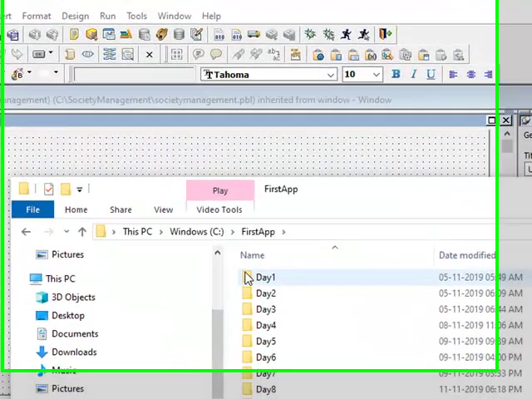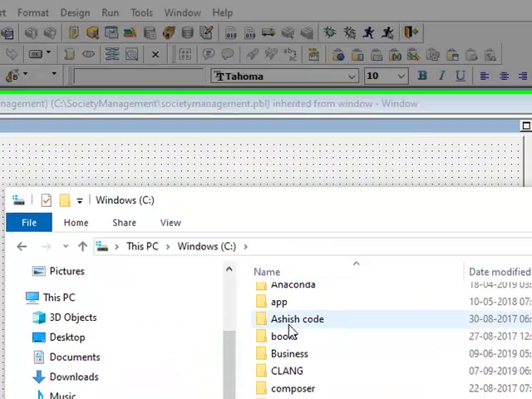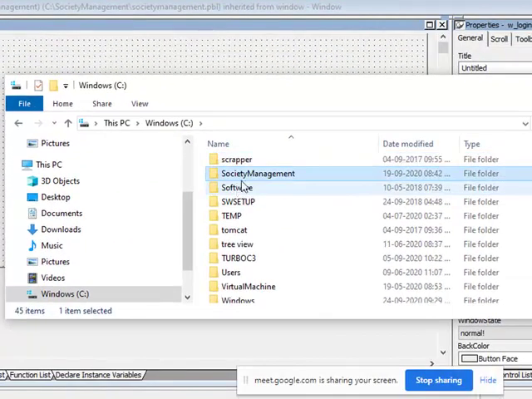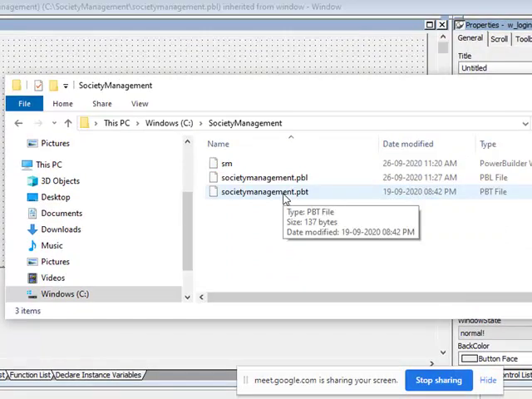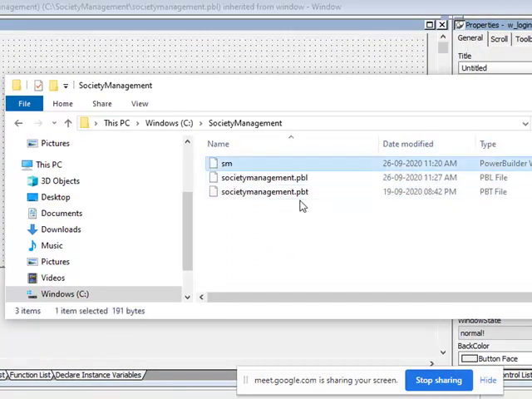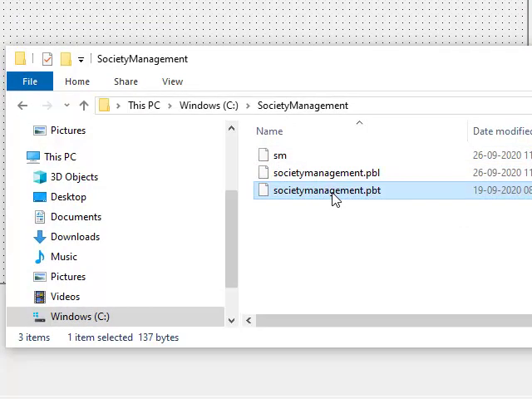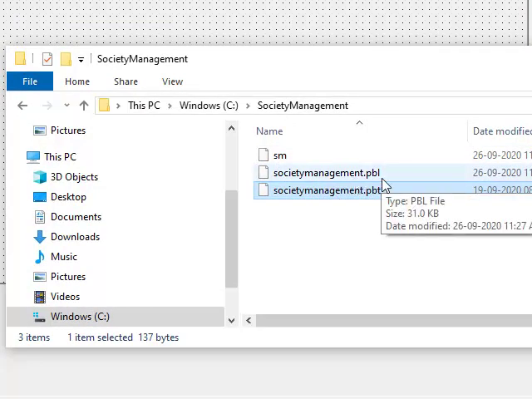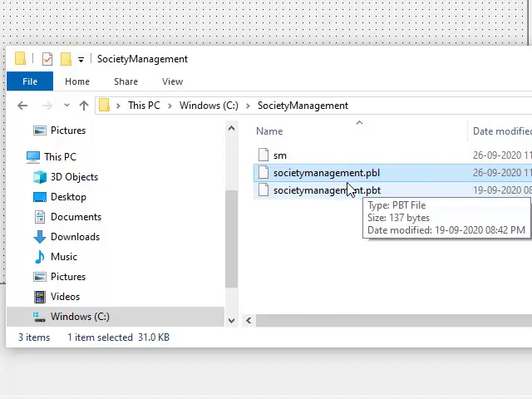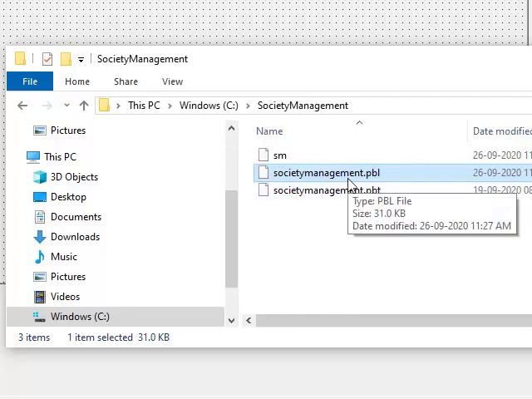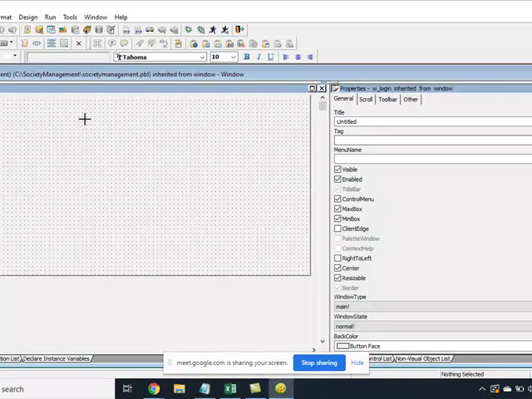Oops, I am in first tab. सोसाइटी मैनेजमेंट, राइट? तो ये देखो, ये आपका SM वर्कस्पेस है, ये टारगेट है। इन दोनों की अलग अलग फाइल होती है। इसका PWS एक्सटेंशन होता है और इसका PBT होता है और इसका PBL होता है। इसके अंदर हमने 2-3 ऑब्जेक्ट्स ऑलरेडी क्रिएट कर दिए हैं, but if you go here from PowerBuilder, right, it says that hey,